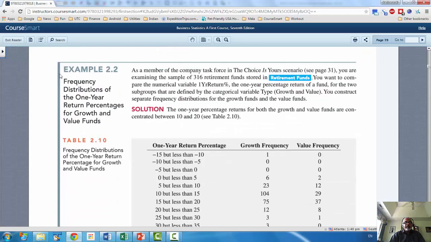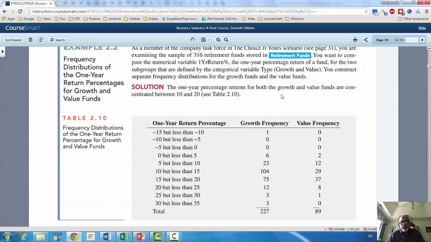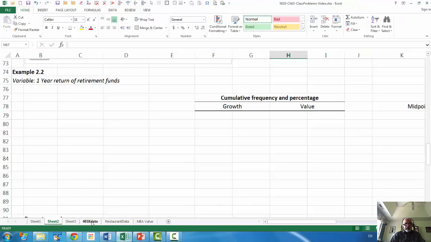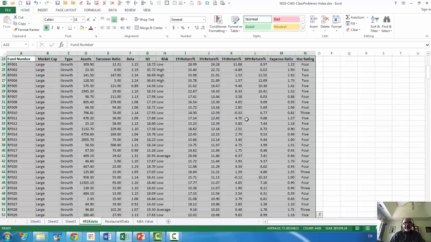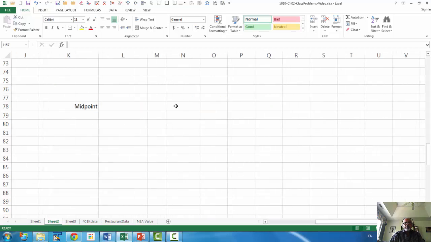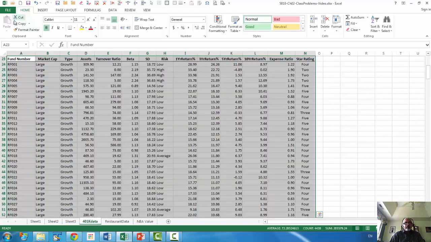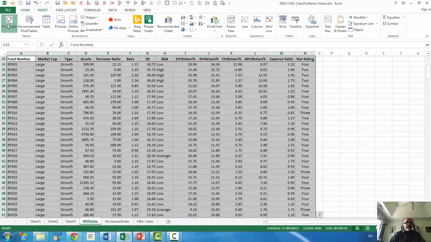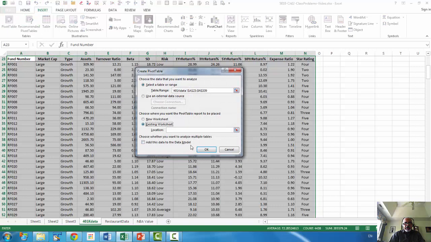Now let's look at example 2.2 from your textbook with the retirement funds data. So we're going to repeat what we just did in cost of a meal. Okay. So here we're going to use the data from the 401k tab, and we will use frequency distribution first using pivot table. Okay. Again, go to 401k, insert pivot table, existing worksheet,